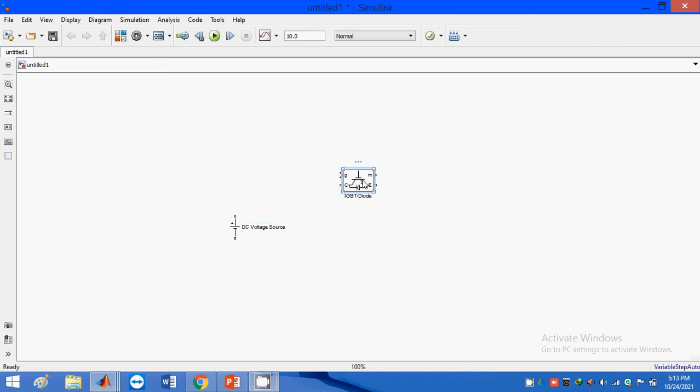Just flip this icon, copy and drag these elements in a similar way. Then connect the terminals as I am connecting here.